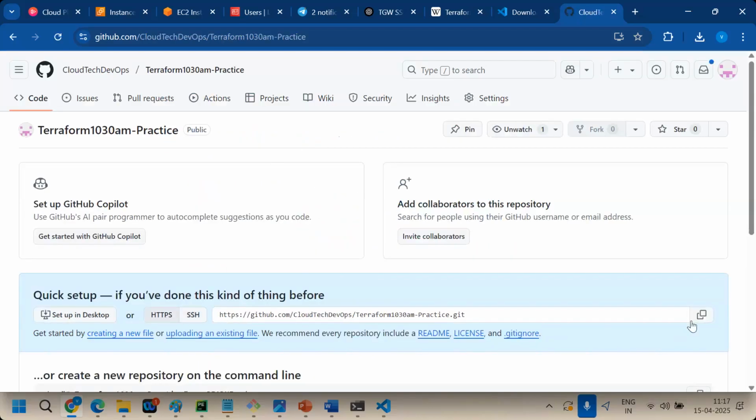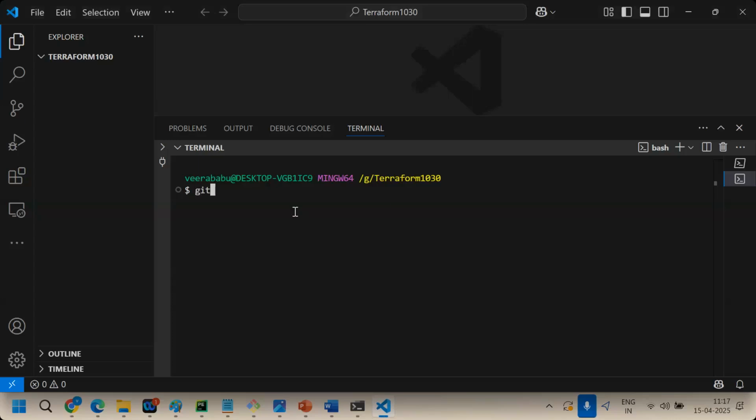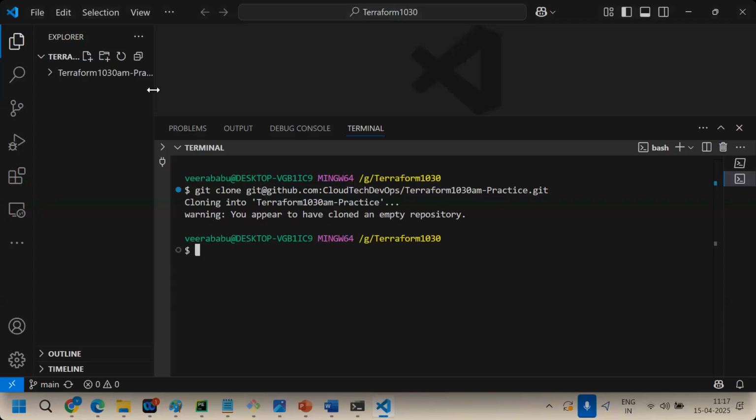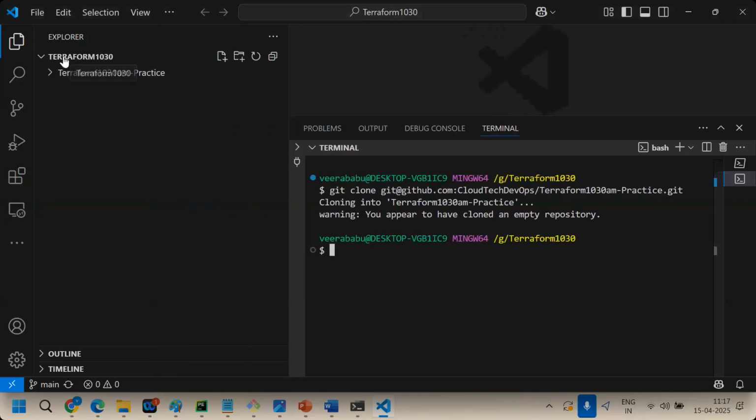Next, you can take SSH, my key is already there. Clone into git to clone. I have an empty repository. So now you can see inside your directory, you have the Terraform 10:30 a.m. practice repository. Inside we can create day 1, day 2, day 3 like that.